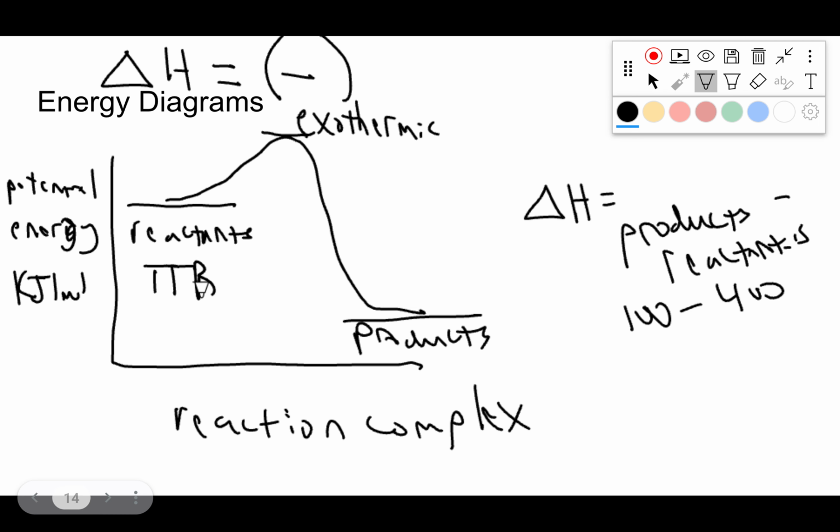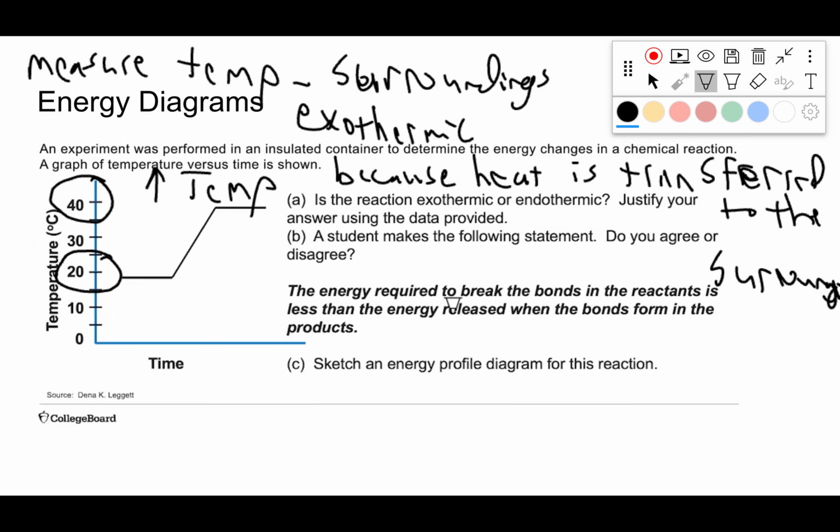Over here is takes to break. Over here is frees to form. So for takes to break, it's going to take energy, but it doesn't take that much energy. If this is 400, we'll say that's 500, but it is going to free a ton of energy over here. So the question is, the energy required to break the bonds in the reactants is less than the energy released when the bonds form from the products. And that is going to be, I'll just write it over here for letter B. I'm going to say agree. And I'm going to say because